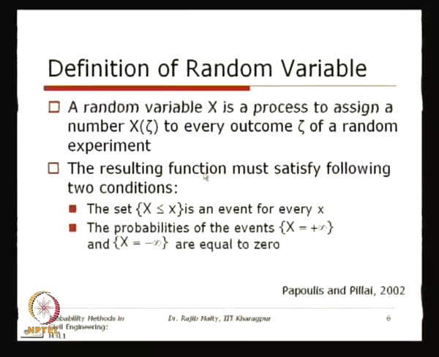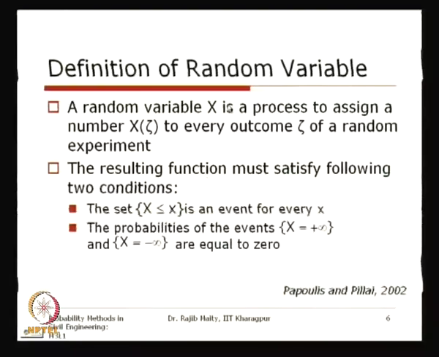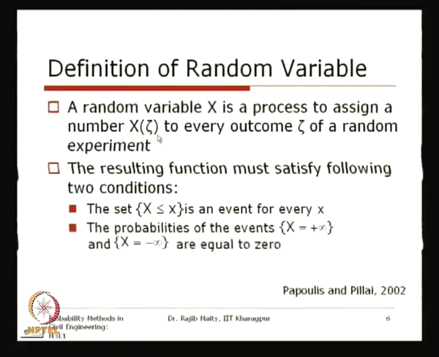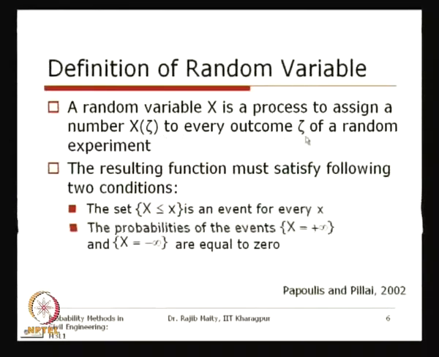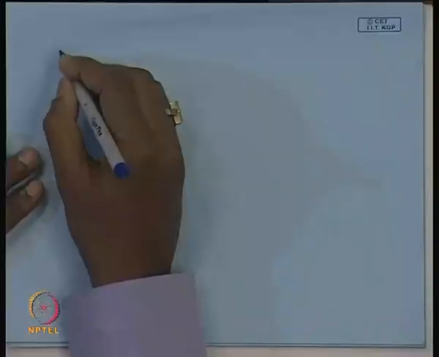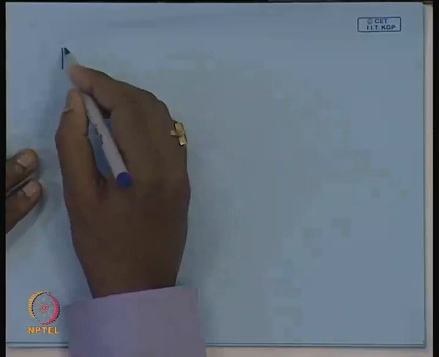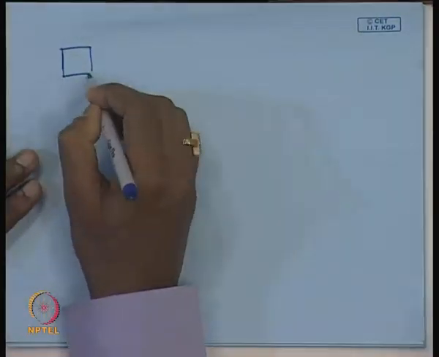So a little bit formal definition of random variable. We see that a random variable X is a process to assign a number, which is a real number x(ξ), to every outcome ξ of a random experiment. So if we just take the example of tossing a die, then